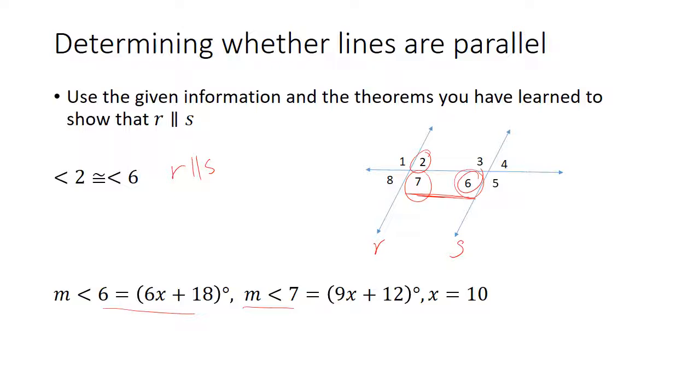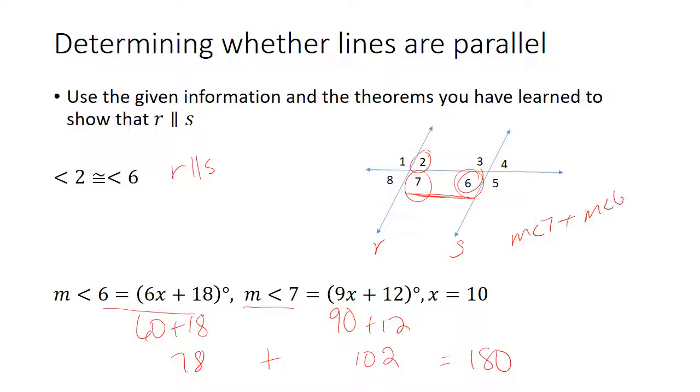So I'm going to place my 10 in place of my X, so that would be 60 plus 18, which is 78. And then 9 times 10 is 90, plus 12 is 102. So does 78 plus 102 equal 180? It does. So we would say that the measure of angle 7 plus the measure of angle 6 equals 180,